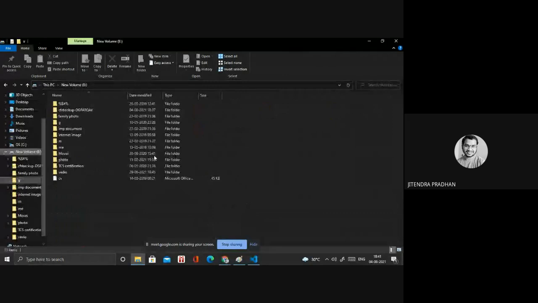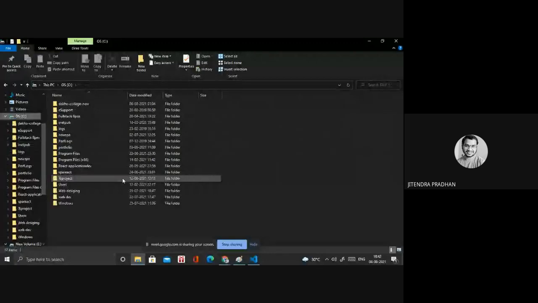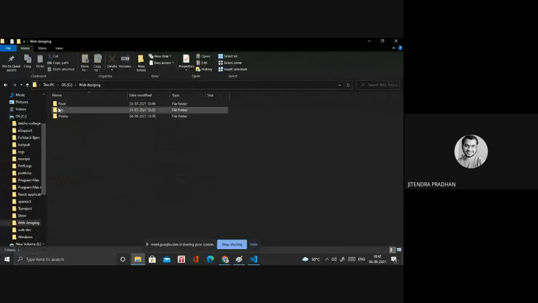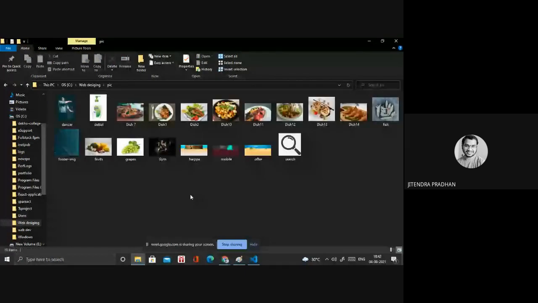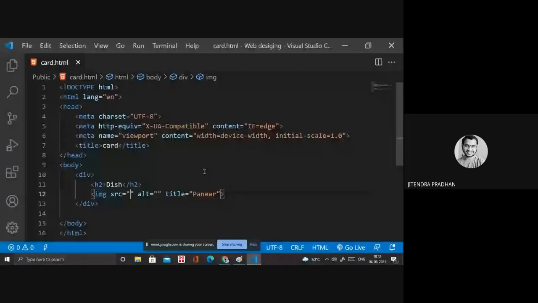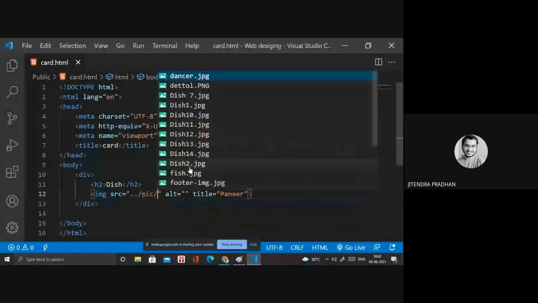In the G drive, we have C. Let's see, we have web designing. In that we have pic. In that pic, yes, this 10 is there. Okay, paneer, this 10. So we are applying its dotted class. Pic, and we have this 10.